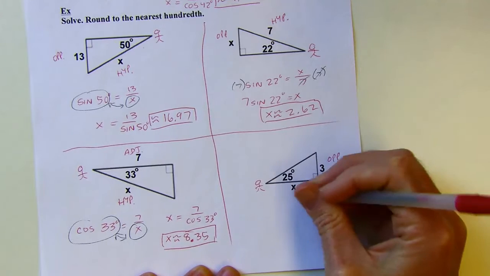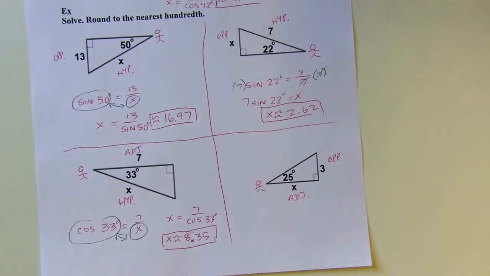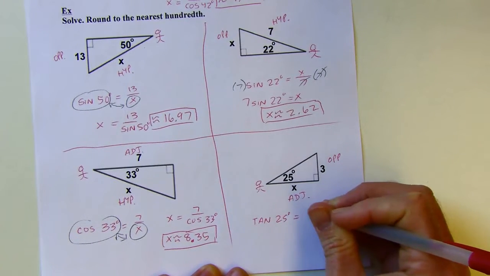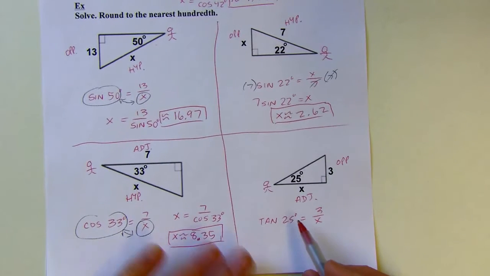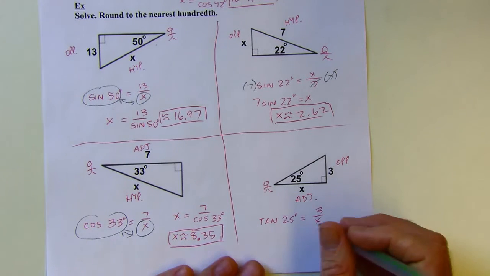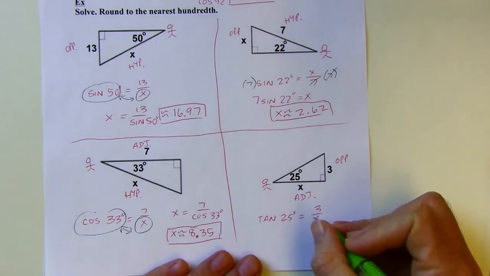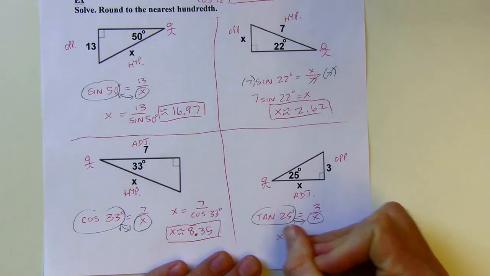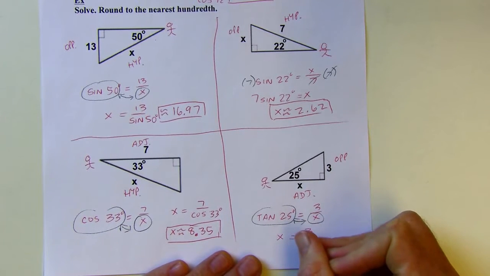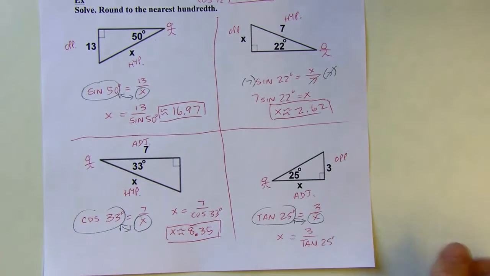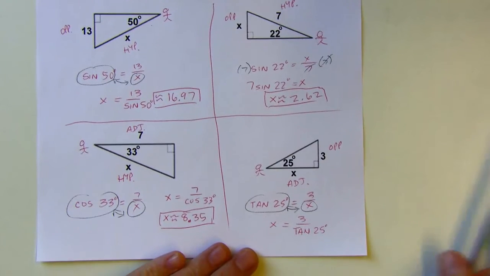Here, opposite and adjacent. Hey, that's my old friend, the tangent ratio, right? With opposite and adjacent. So the tangent of 25 degrees equals 3 over x. By the way, if you don't write the degree symbol in, that means something different. So on all of these angles, they're in degrees. You need to put the degree symbol. If you just write tangent of 25, it actually means tangent of 25 radians. Something completely different. And it's going to be a big deal pretty soon. So might as well get it right now. Get in a good habit of always marking if you're dealing with degrees. Do the incredible switch. And then